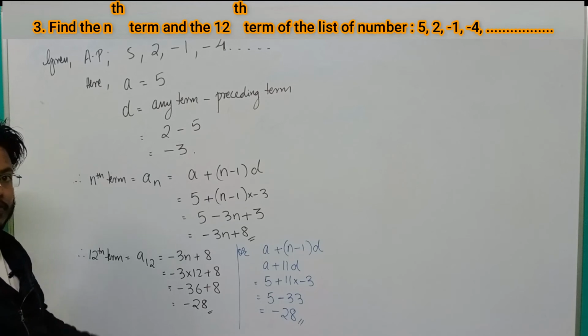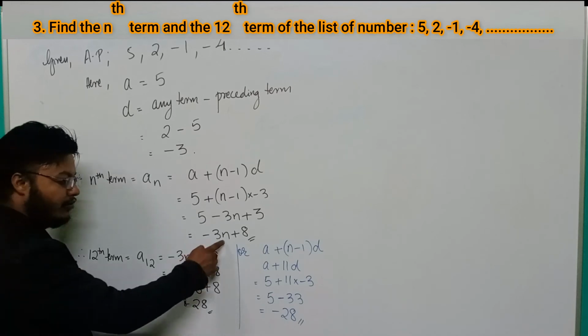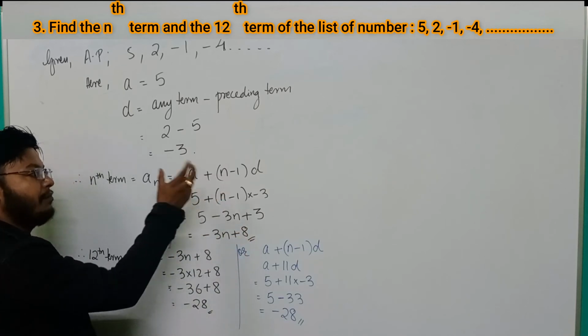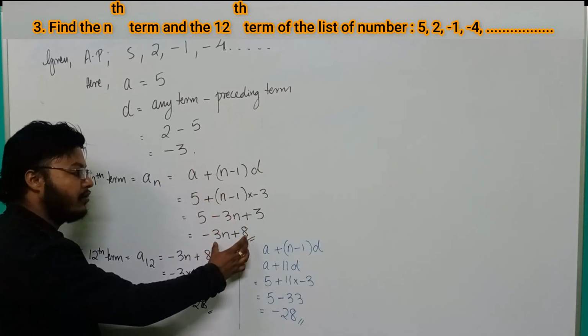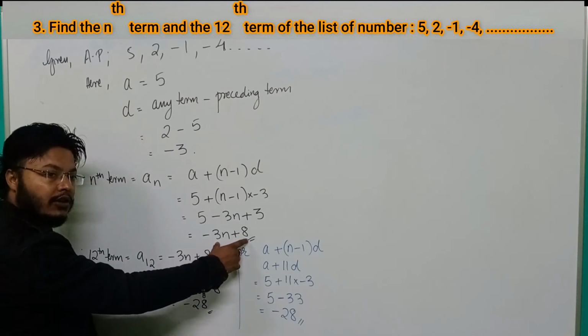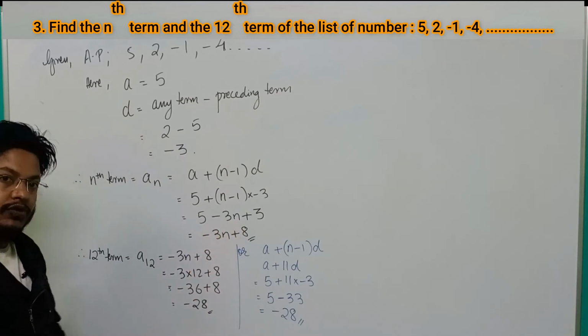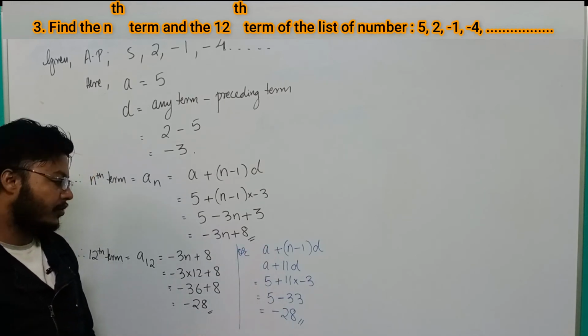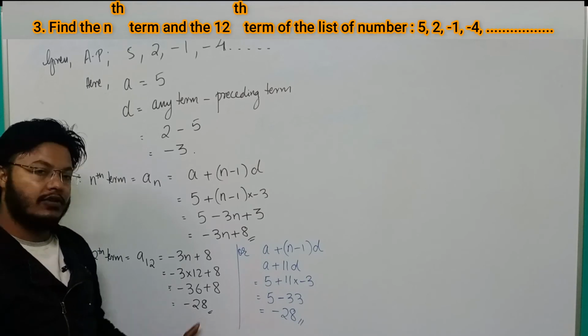Okay, understood? Hope so, no confusion in this. You can directly use this value also, because this is also my nth term, yes or no? Because by putting the values of a and d, we got the nth term for this series. So I can use this formula also. If you don't want to use this formula, you can use our general formula also. You'll get the same answer only. Hope you are clear with this. So you can do any one of the processes in your examination.